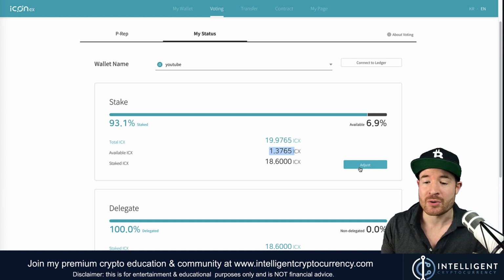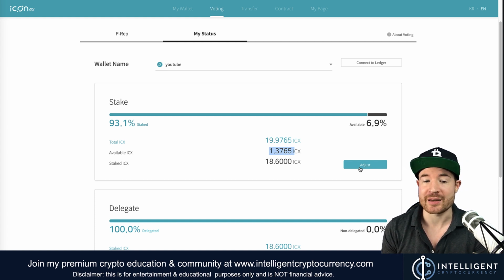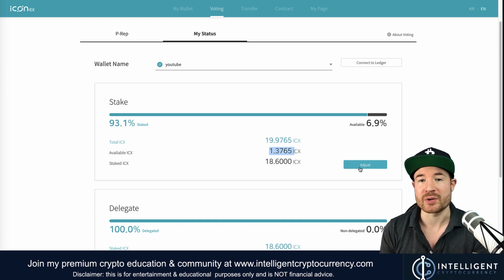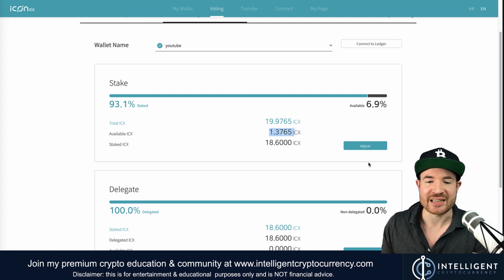It's fairly simple. So now I've staked my ICX tokens. I don't need to do anything else. It's automatically going to be getting me tokens, and that's how easy it is. And I can log in every week or every month or whenever it's convenient for me. I can go and claim my rewards and restake them. And obviously with 20 ICX, that's not something I'm going to be doing very often, because I'm going to be getting like 1 or 2 ICX a year